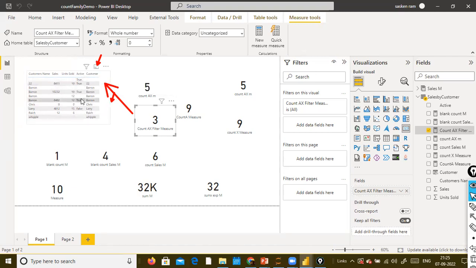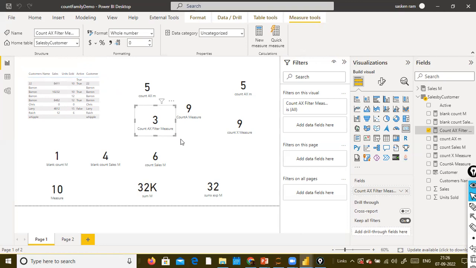Here, basically, we are filtering this table where the active is true. So in that case, only four records will be there behind the scene. In the memory, only four records will be there. Of the four records, the first record, we don't have any customer name here. It has a blank value. Like other functions, the COUNTAX function also ignores the blank record, and it will take into account the other three true values, 1, 2, 3, and it returns 3. Got it? Hope you understood with this example what is the COUNT function, COUNTX function, COUNTA function,